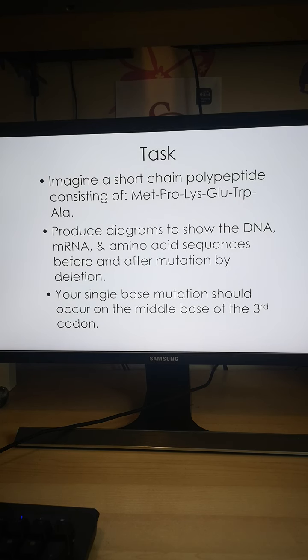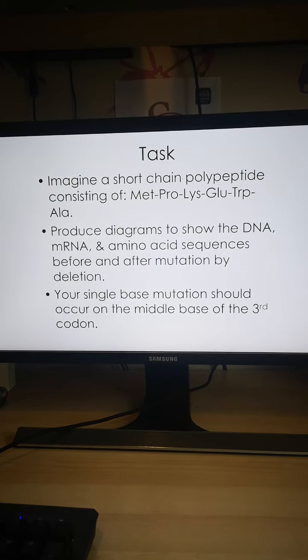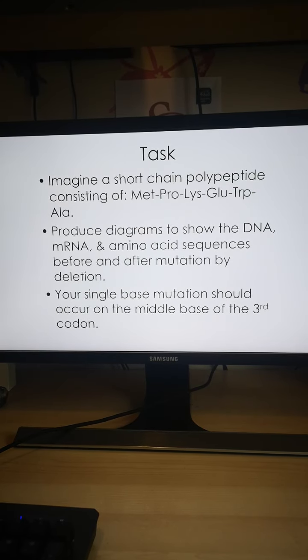You can have a look at mine. I'm going to show you another example now that I've done on paper. But if you're feeling that you want to have a go, then have a go. Okay, so if you have had a go, brilliant, you'll be able to compare yours. We might not have exactly the same DNA or amino acid,